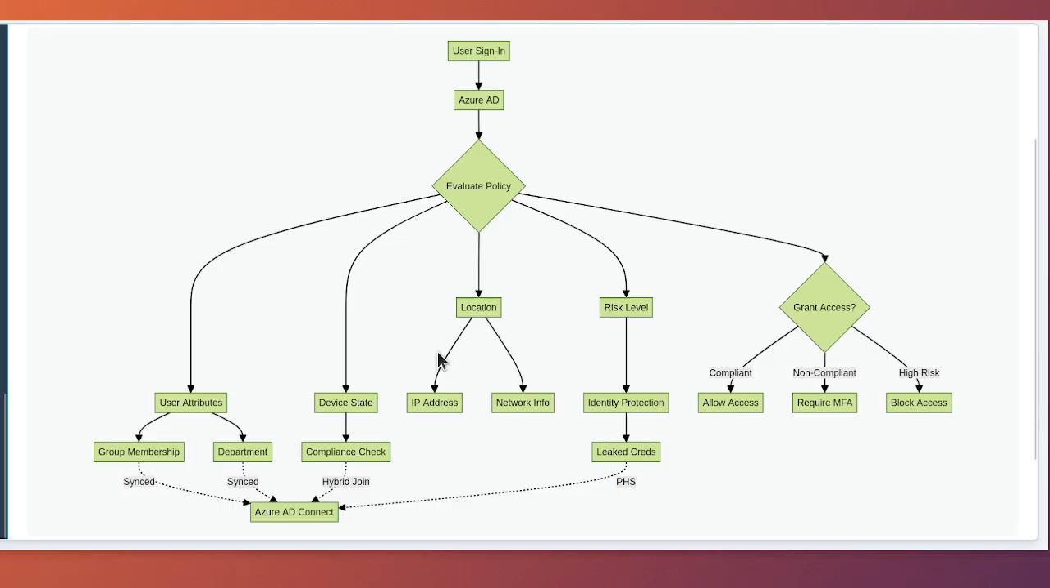Risk-based conditional access leverages Azure AD Identity Protection, which analyzes authentication attempts for signs of compromised credentials or unusual behavior. When Azure AD Identity Protection detects risk signals such as sign-ins from anonymous IP addresses, atypical travel patterns, or leaked credentials, it assigns risk levels to user accounts and sign-in attempts. Conditional access policies can use these risk levels to enforce additional security measures like requiring multi-factor authentication, forcing password changes,